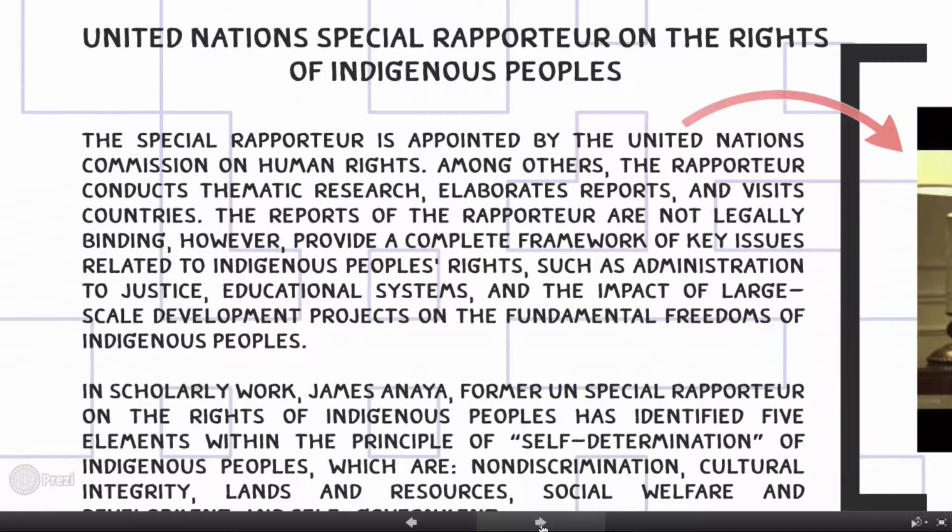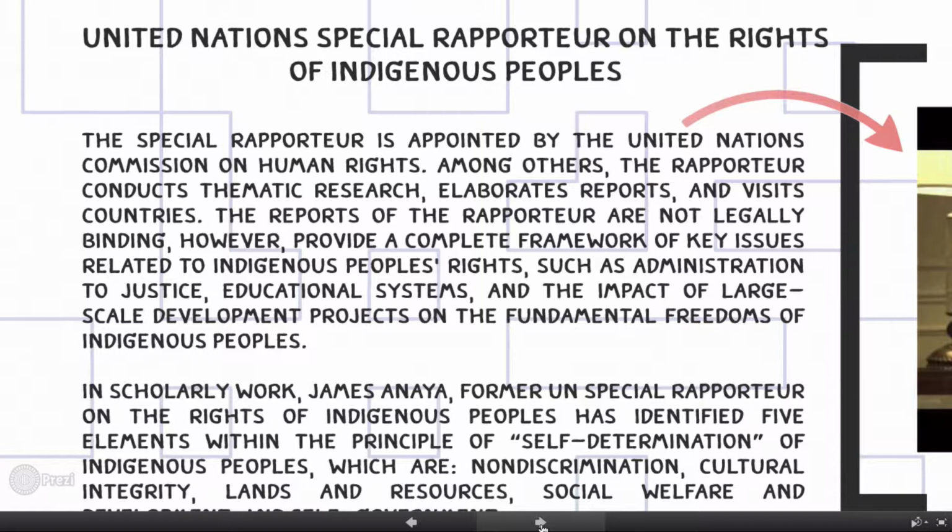Third, the United Nations Special Rapporteur on Indigenous Peoples' Rights is appointed by the United Nations Commission on Human Rights. Among others, the rapporteur conducts thematic research, elaborates reports, and visits countries. The reports of the rapporteur are not legally binding, however, they provide a complete framework of key issues related to indigenous peoples' rights, such as the administration of justice, educational systems, and the impact of large-scale development projects on the fundamental